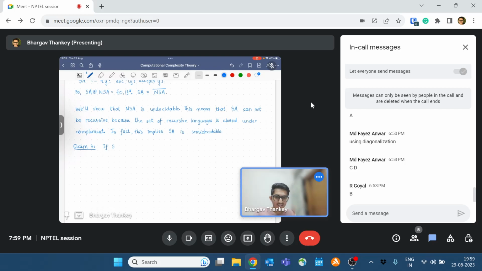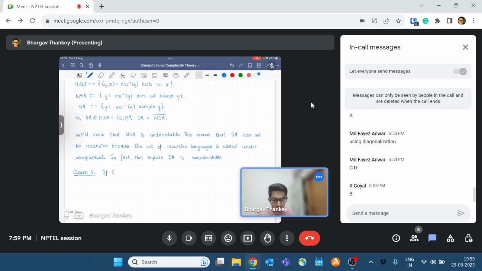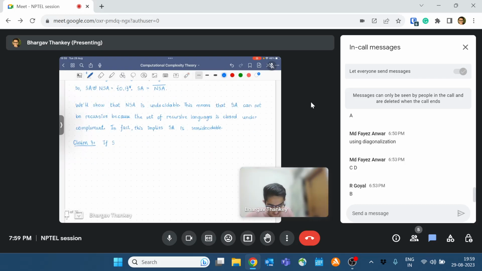Because there is an algorithm that can always accept valid instances of SA. Given y, figure out this thing and just run this Turing machine on y, and if it is going to accept, it's going to halt and accept, right? Yes. So if we show that SA is not recursive, we would have shown that SA is semi-decidable. Okay. And the claim is if SA is semi-decidable,